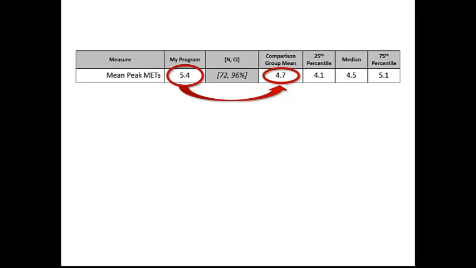Now, ideally, you'd want to be either above or below the median. When we look at the median, this is going to be the 50th percentile. We see that, yeah, we're above the 50th percentile, so that's pretty good. That puts us in the top 50% of programs in the comparison group. And then we want to do even better. Are we in the top 25%, or above the 75th percentile, for programs? So we can assume then that we're doing pretty well on this particular measure.